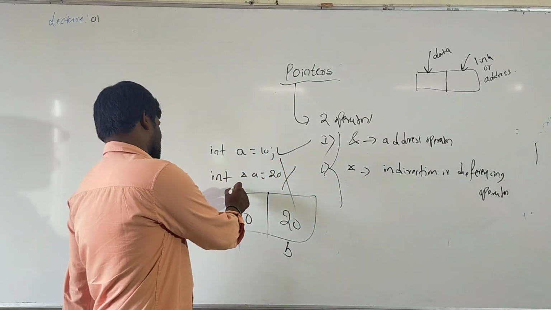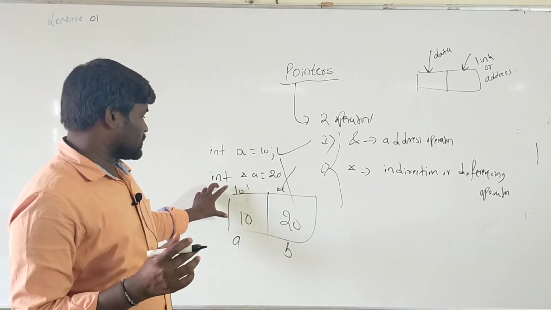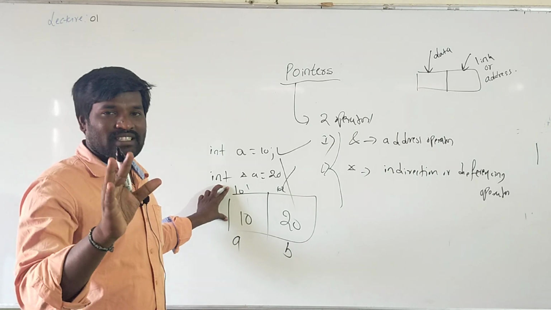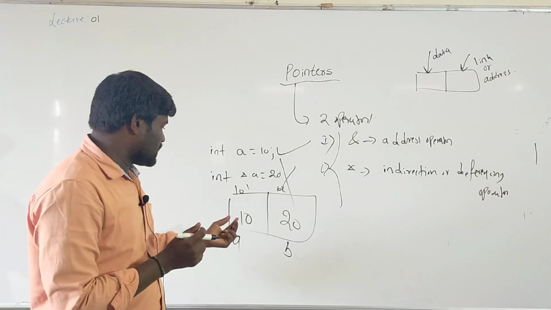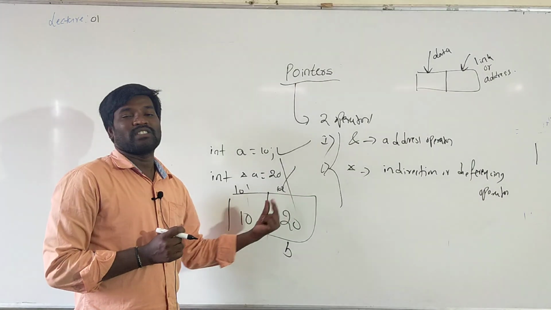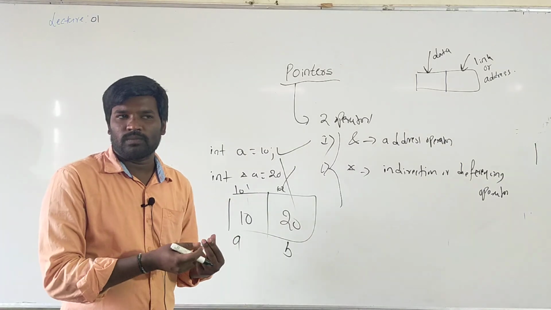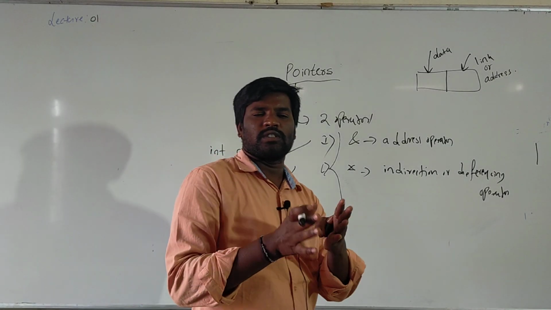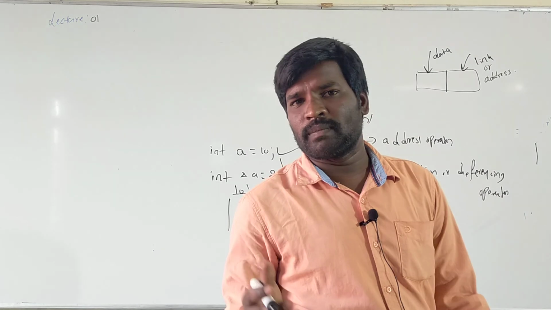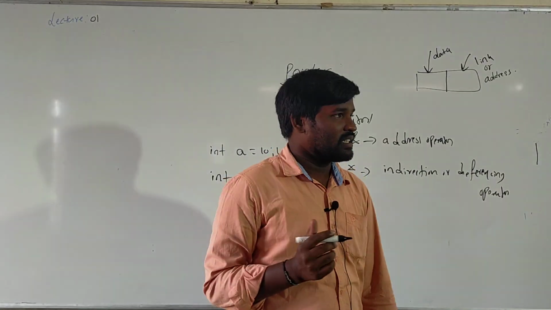For example, I can consider 101, 102. It is not accurate, so I am just taking the example. Here the address of 10 is 101. Address of 20 is 102. If you execute the program again, it is possible to print a different address, either a positive number or a negative number. Okay, see here.